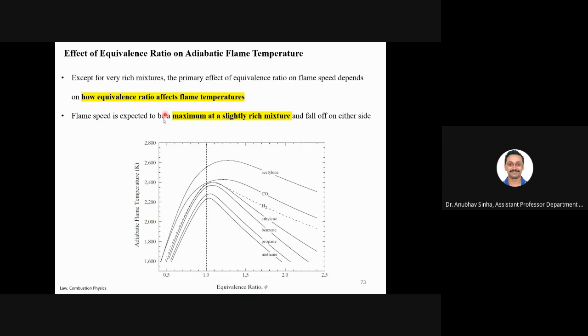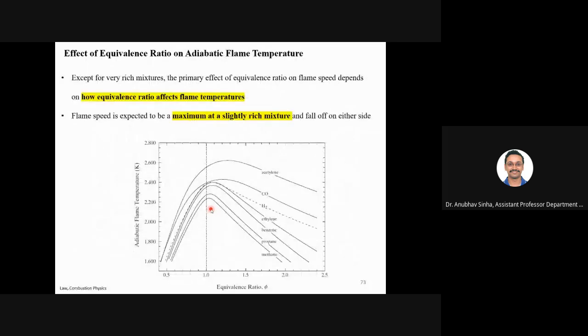The answer to why it lies at 1.2 is hidden in the specific heat of your reactant and the specific heat of your products. So try to get some values and think over it, and we will discuss this later. I first want you to probe and think about it, and then we'll explain in the class. I'm giving this as an assignment, so not next class, maybe next week, Monday or Tuesday, we'll discuss this. Okay, so this is the homework. I will note it down in this Google Classroom also.